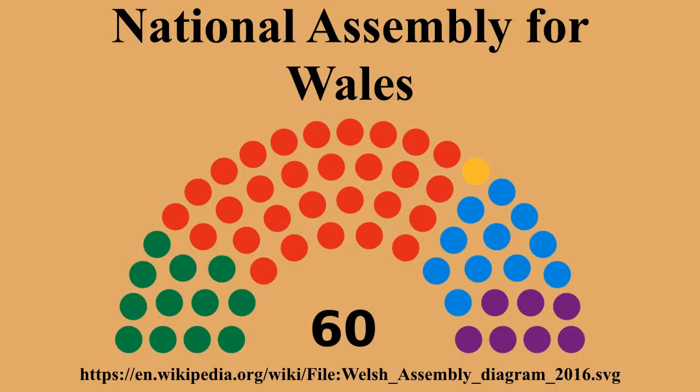The executive arm of the National Assembly for Wales, the Welsh Government, has been a Labour administration led by First Minister Carwyn Jones since May 2011. The previous administration had been a coalition between Labour, led by First Minister Carwyn Jones, and Plaid Cymru, led by Deputy First Minister Ieuan Wyn Jones, from December 2009 until May 2011.